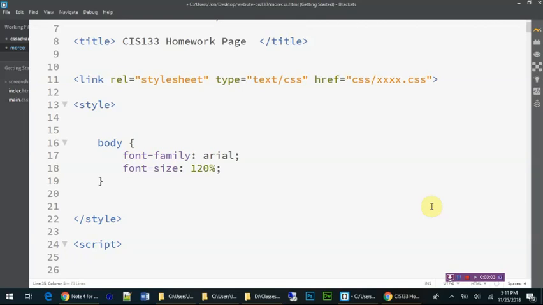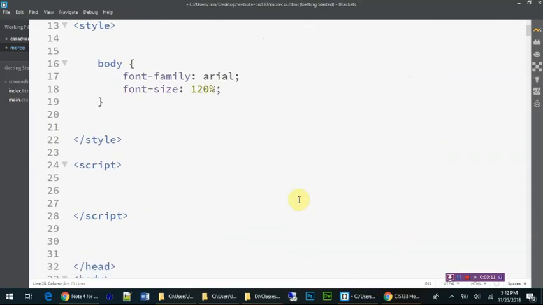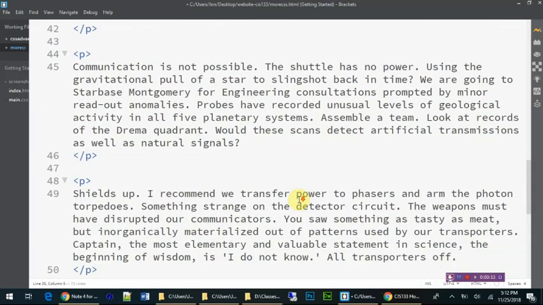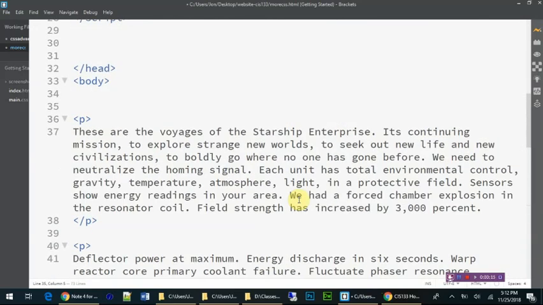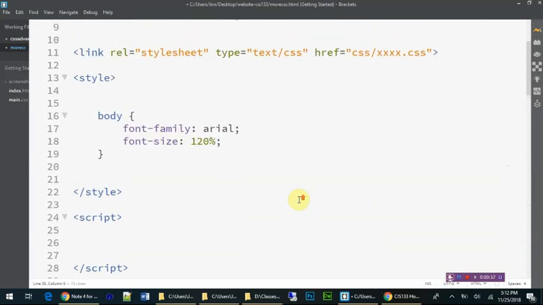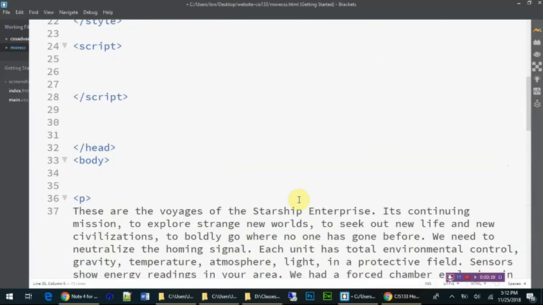Hi, and welcome back. What we're going to do next is play around with some more CSS. What I've done, so you didn't have to sit and watch it again, is I went to Star Trek Epsom and installed a few paragraphs for that. And one of the first things I want to do is come over here to my body